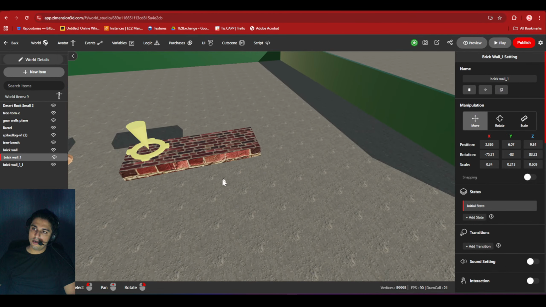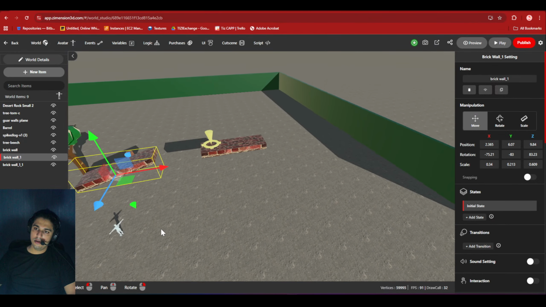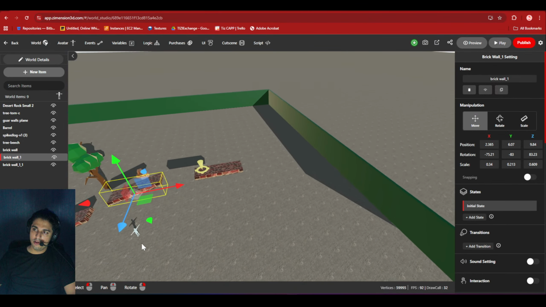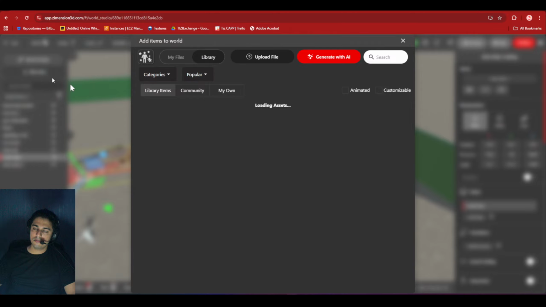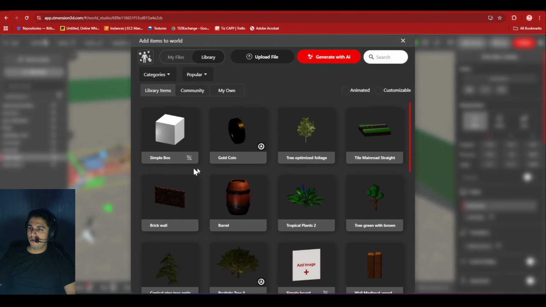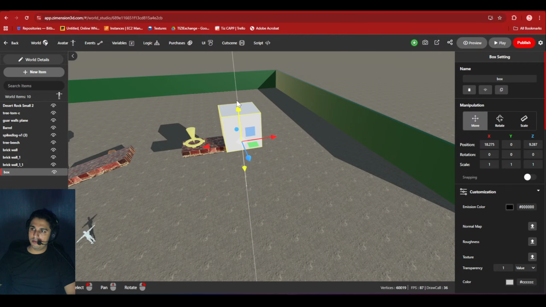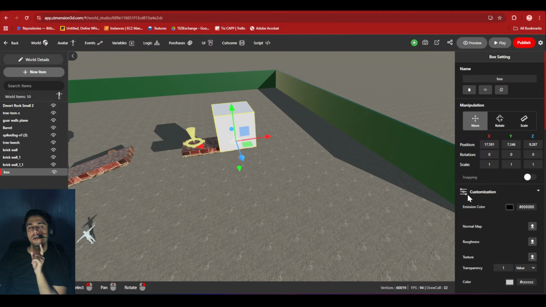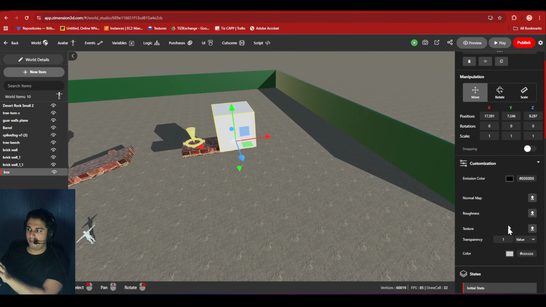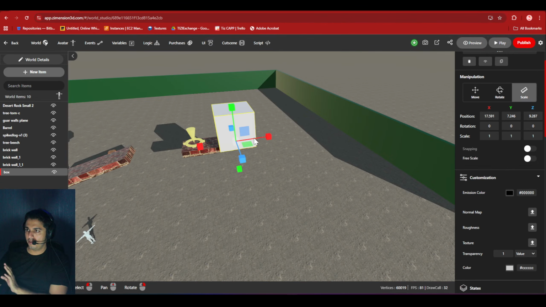And how do I enable this checkpoint? So instead of this barrel, we will use the same event, but we'll add an invisible box. This is a customizable object. When you see these options, that means the object is customizable, and these are the parameters that you can change, not everything.